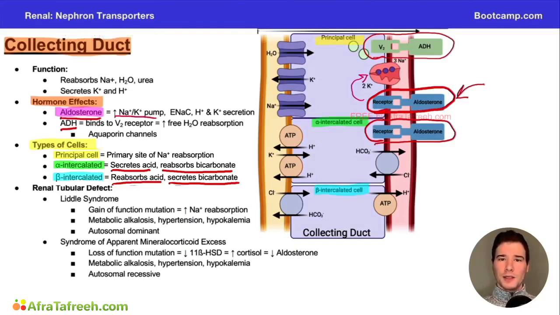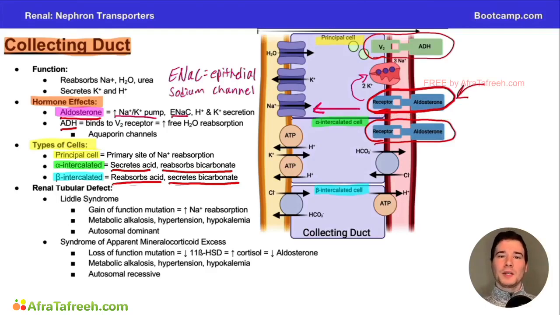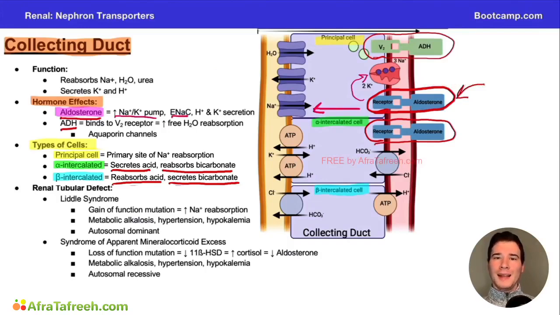It's also going to affect the channel on the apical side, which is this sodium channel. This is called the ENaC. ENaC stands for the epithelial sodium channel. This is also an important channel because we can target it with pharmacotherapies, which we will talk much more about in the pharmacology section. A key point here is that by stimulating this ENaC channel, we're creating something called lumen negativity